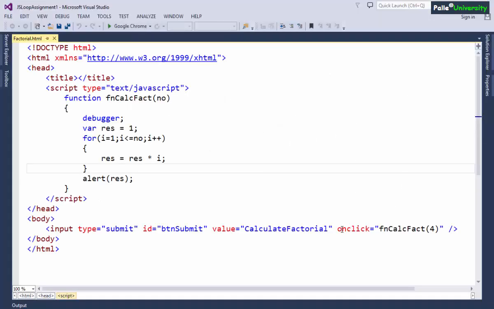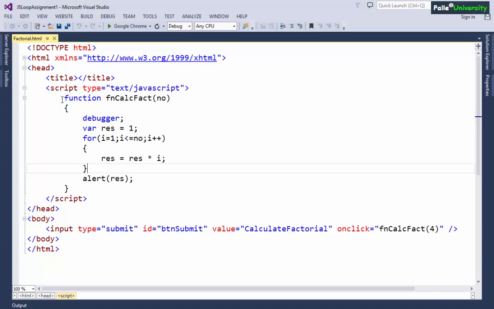Now, I opened my Visual Studio here, right? Sometime back we did this JS loop assignment wherein we created fncalcfact function, and when the user clicks on submit button, we call this JavaScript function, and this function performs the factorial operation and displays the result.